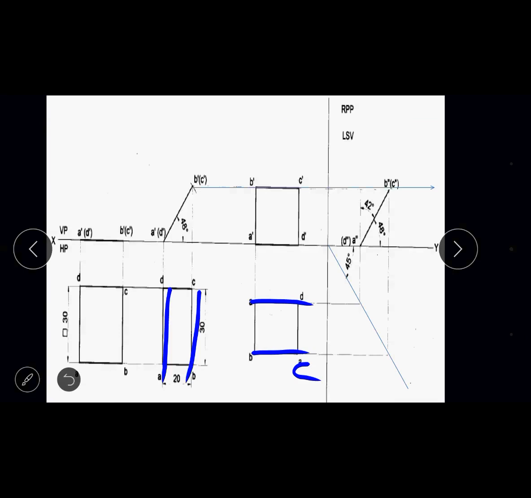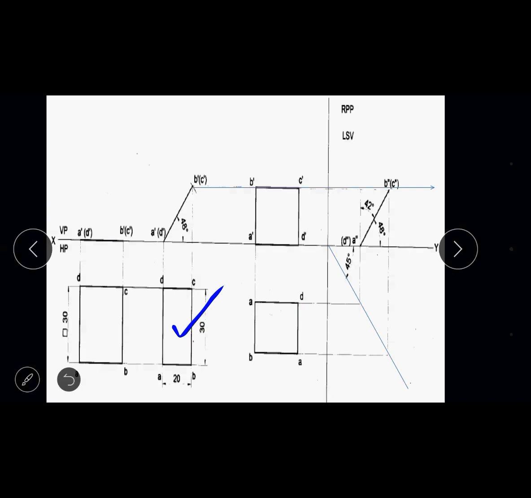Here in the figure I have just zoomed the figure. In fact the second figure and the third figure are common in dimension. They are similar, but it looks as if the third figure is a square. It's not a square. I have just zoomed and lengthened the figure. It's not the actual figure. In reality, the second top view and the third top view are similar in dimension. They are the same rectangle, not different. Since I have zoomed it, it looks different, but it's not a different figure.